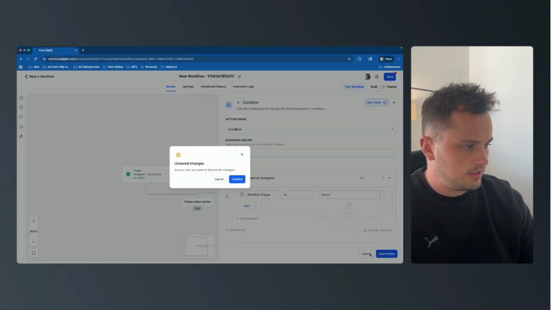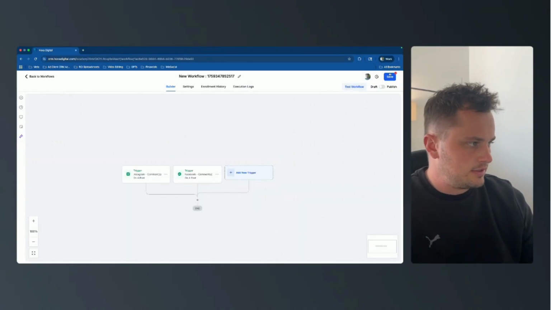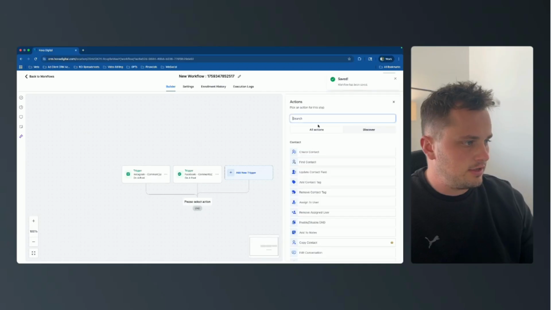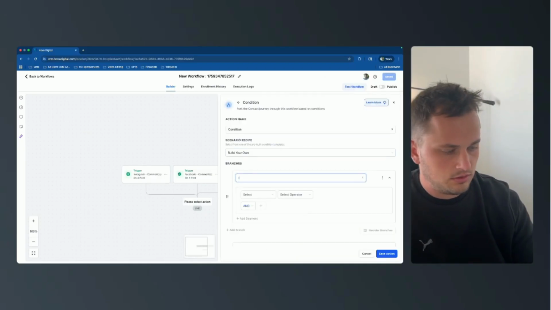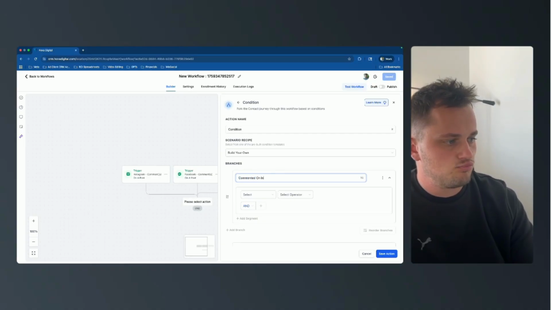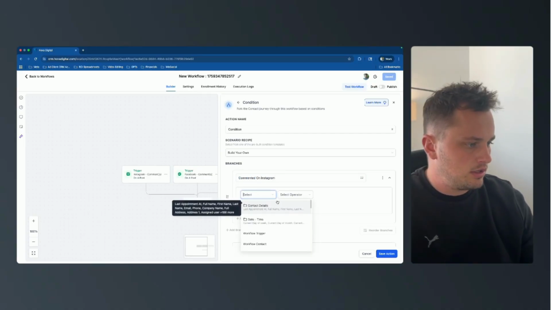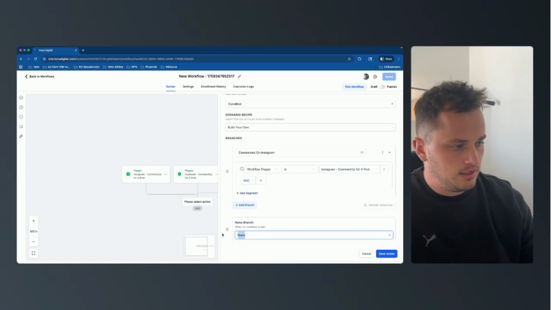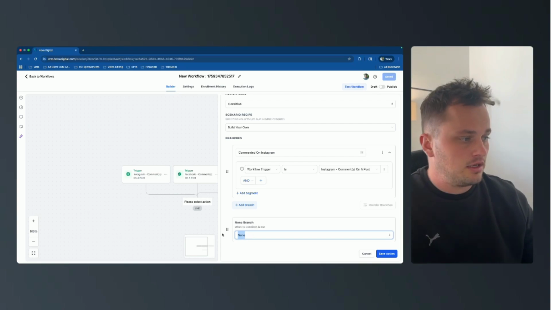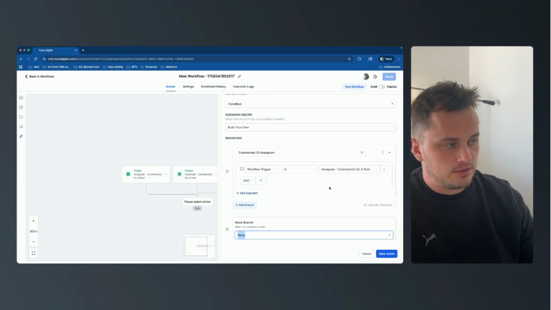And there's no data yet because I haven't saved this. So hit save, and then let's do our if/else condition. So we'll go Instagram, let's go commented on Instagram, and we'll go workflow trigger is Instagram comment on a post. And then the none branch just means, if they didn't comment on the Instagram post,